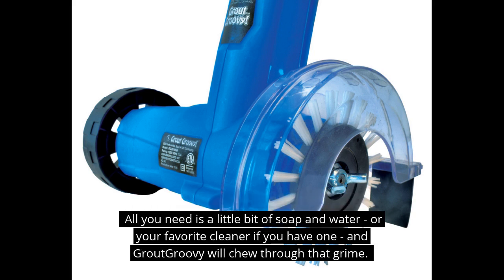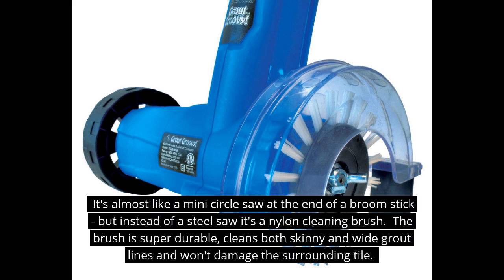All you need is a little bit of soap and water, or your favorite cleaner if you have one, and GroutGroovy will chew through that grime. It's almost like a mini circle saw at the end of a broomstick, but instead of a steel blade, it's a nylon cleaning brush. The brush is super durable, cleans both skinny and wide grout lines, and won't damage the